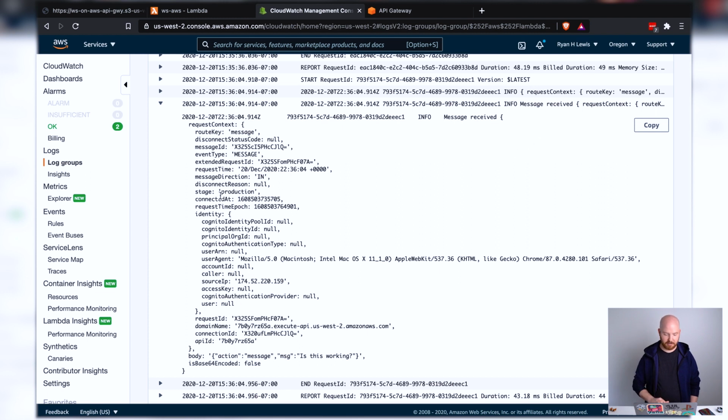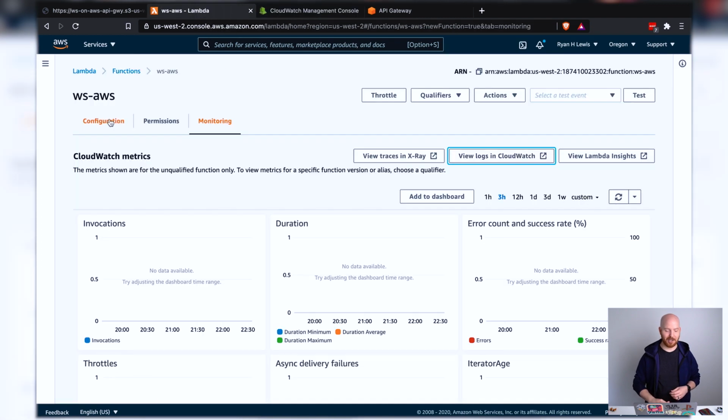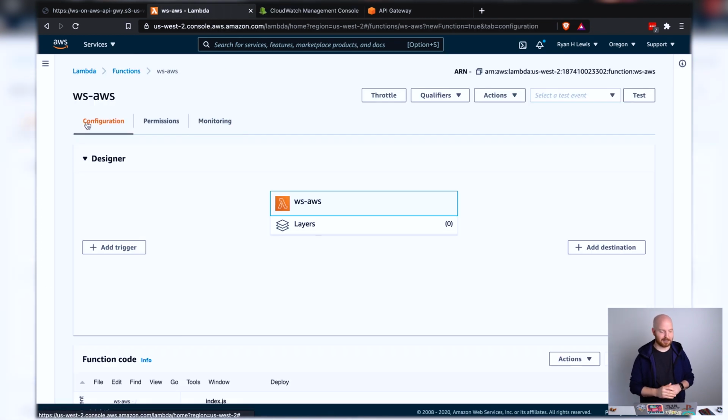So here's the event, and you can see that the route key is set to message, so that worked correctly. Our connection ID is down here in case we want to use it for later, which we do. And then the body, it says action message. That's good. MSG, is this working? So the ask function worked. That was pretty smooth, as you can imagine. Things don't normally work on the first try, so glad to see that this worked.